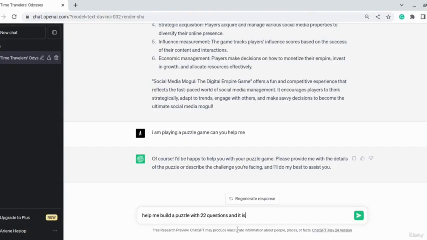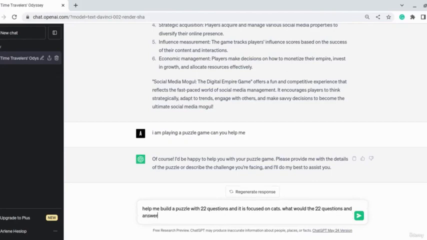But you can also use GPT to create games that are pretty simple, such as a crossword puzzle or the usual Sudoku. And I show that example here where I'm asking GPT to create a puzzle. And so I'm asking it to give me maybe 15 to 22 questions and also the answers, and this puzzle will be targeted towards people who are into cats.